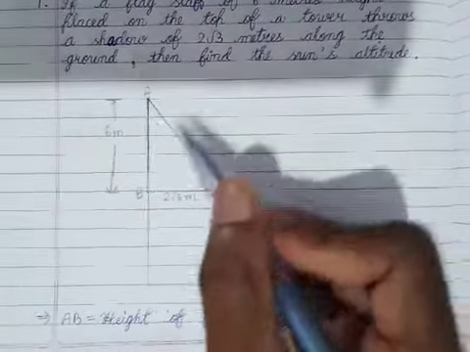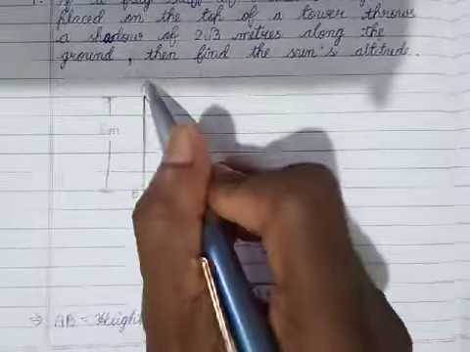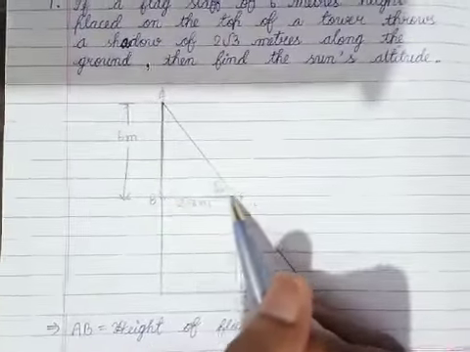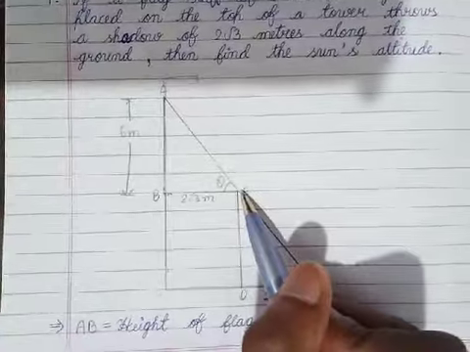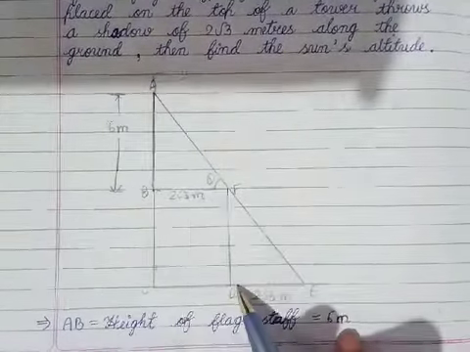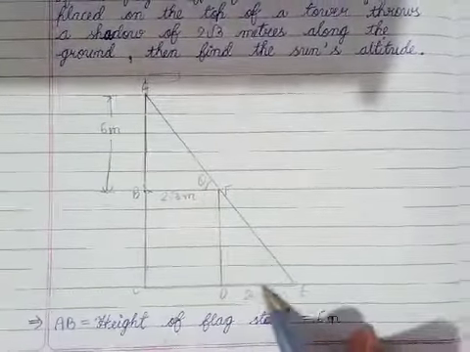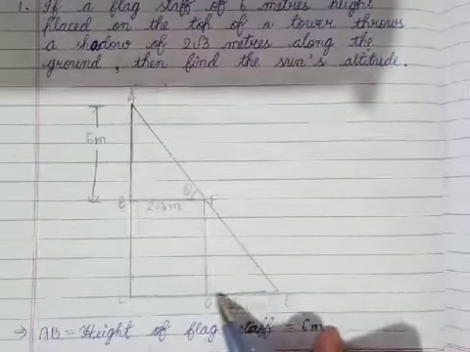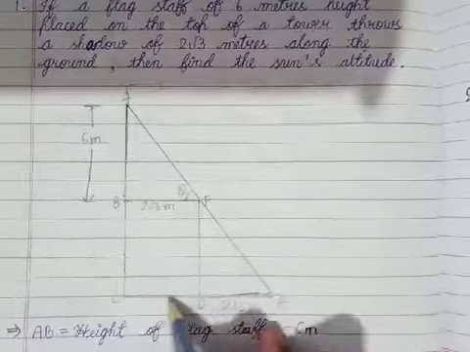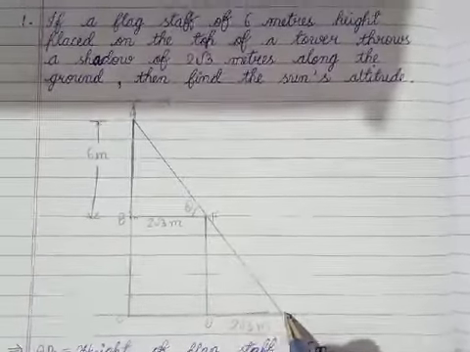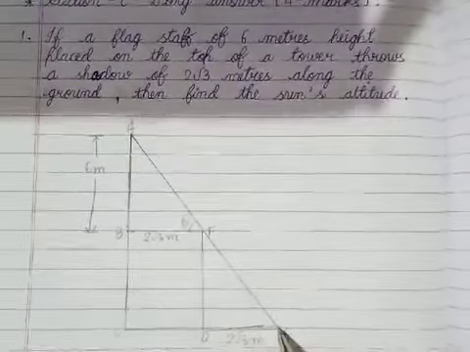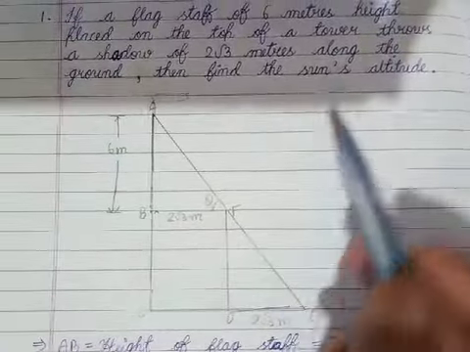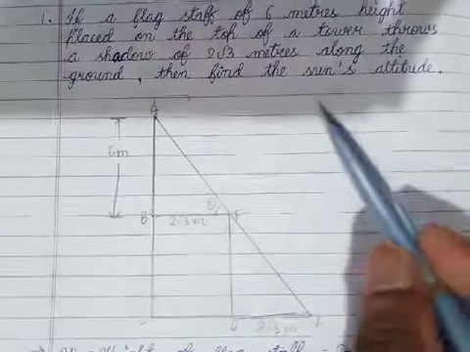This flagstaff, which may be like this, throws a shadow on the ground. So this is the tower. Actually, it should be on the ground, so it is here. Got it? It will be throwing it not here, not at the bottom. It will be a little bit away, so it will be here. Understand? So the shadow will be, this is an important thing, where the shadow is formed.